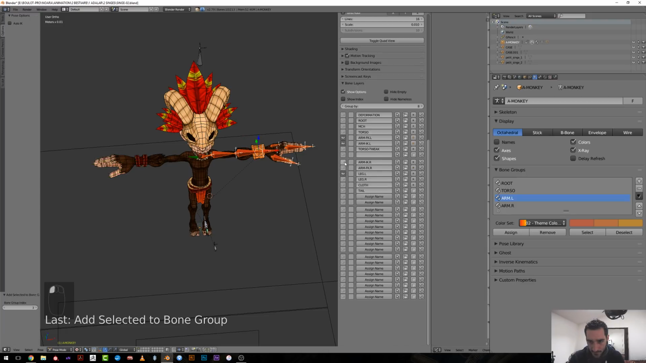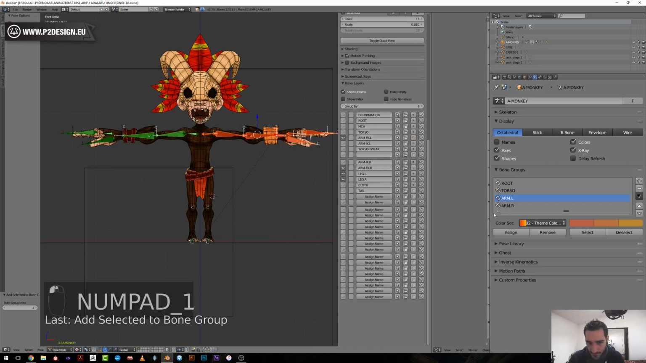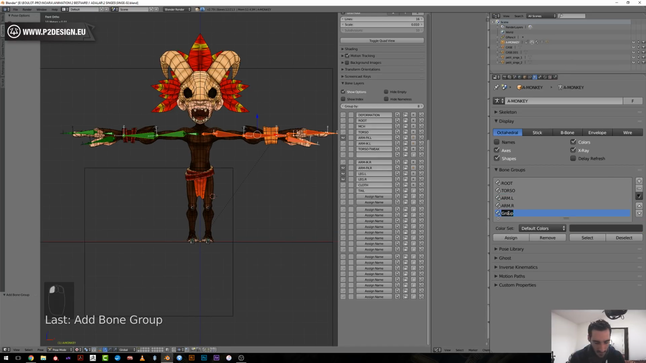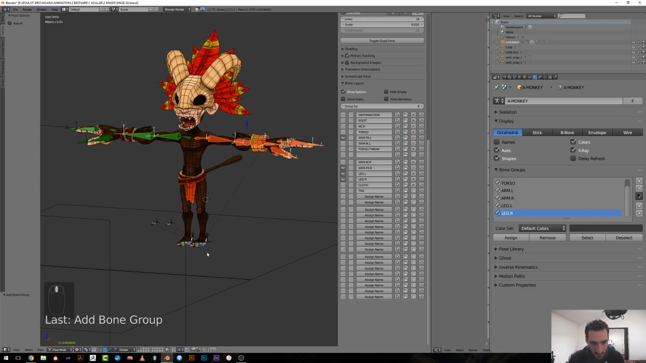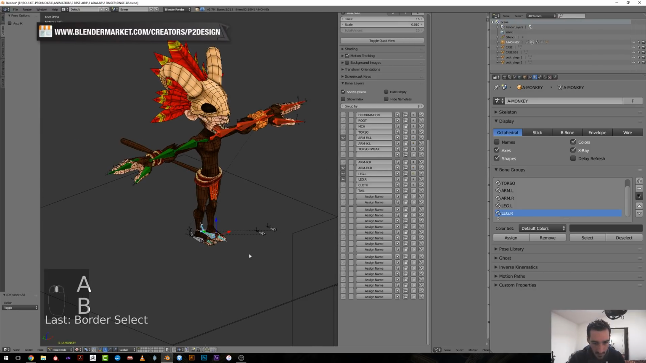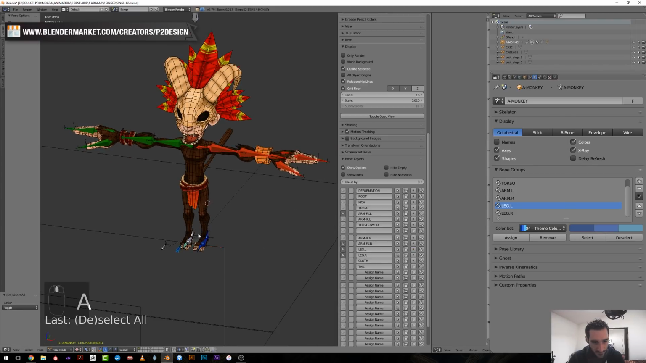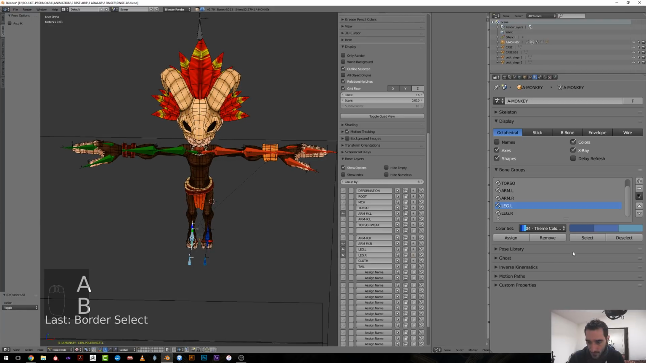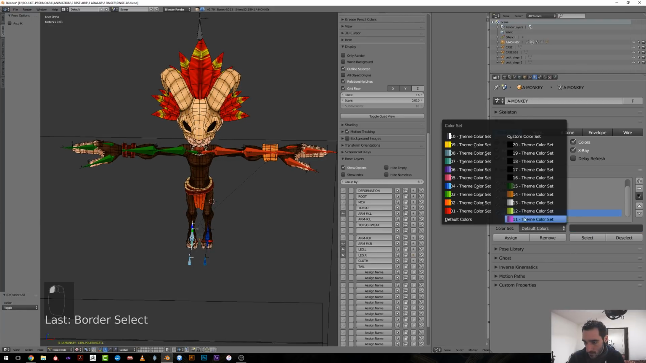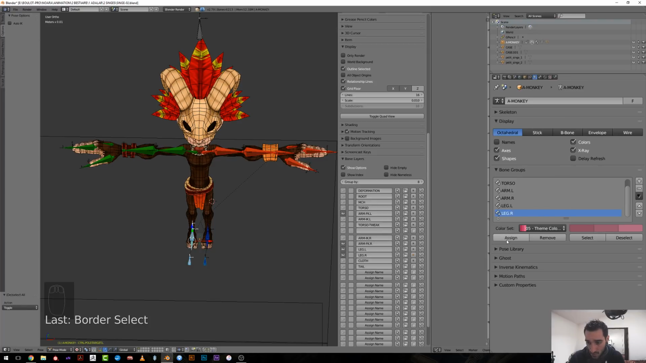Okay. And finally the legs. Leg.l, leg.r, so this is the left, let's set it to blue, and the right here, set it to pink. Okay,